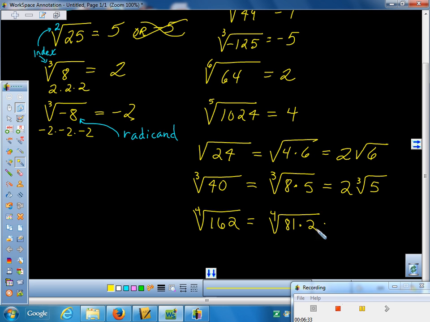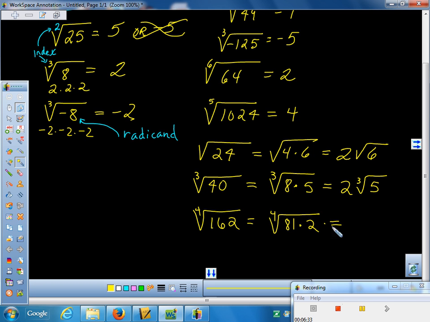Look down your x to the fourth column. Does 16 go into 162 evenly? No. Does 81 go into 162? Oh, you're looking at x to the fourth. Yeah, I was going down 4. No, you're going down x to the fourth. Okay, so if you go down that column,